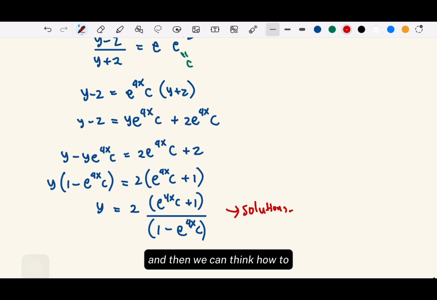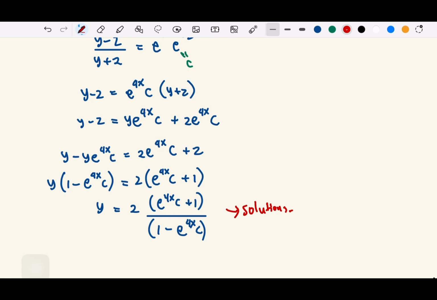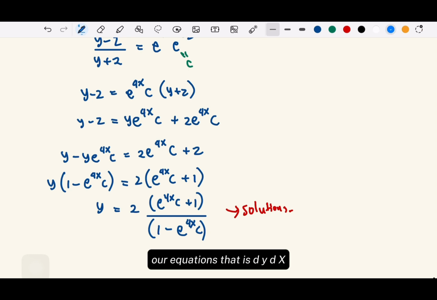And then we could think how to check, right? How to check or how to make sure that, okay, these are our solutions. And if we maybe observe, is there any other solutions aside from this? Actually, this type of equations we could predict. How to predict this? So if we take our equations, that is dy/dx, and then we say that this is, we get,